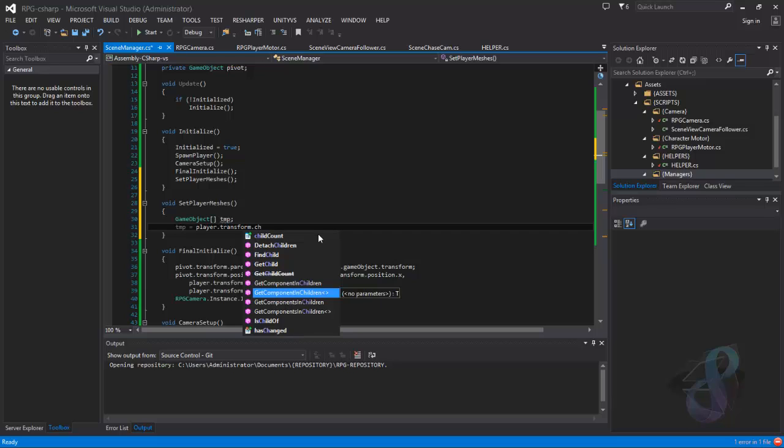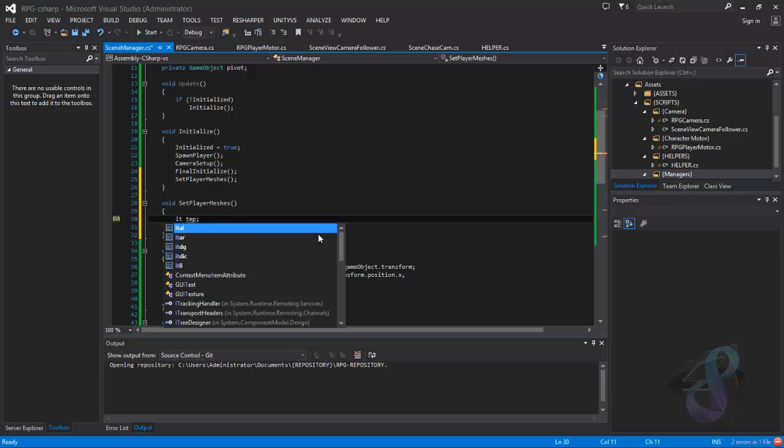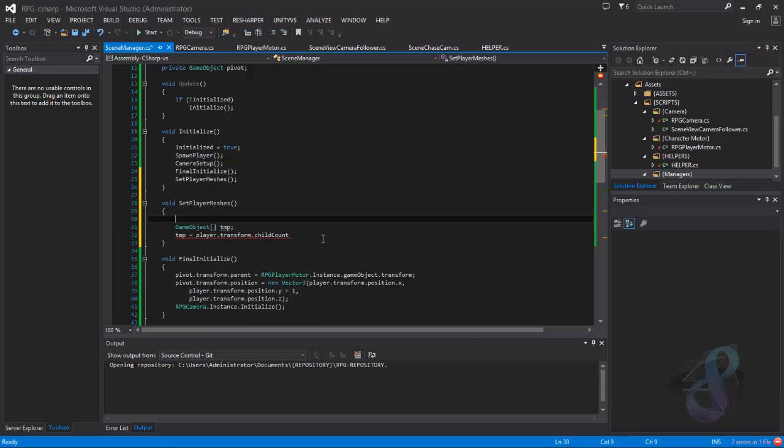Oh no, child count, and this should be int. No, let's do it game object, then another int count,